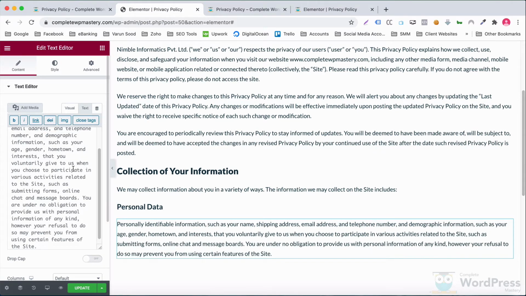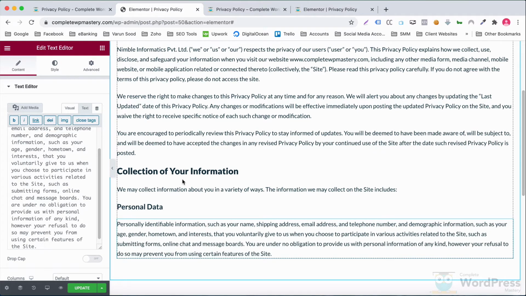As you can see, this page is very simple and easy to build. Keep on copying and duplicating the widgets and then having the text that you want inside them.